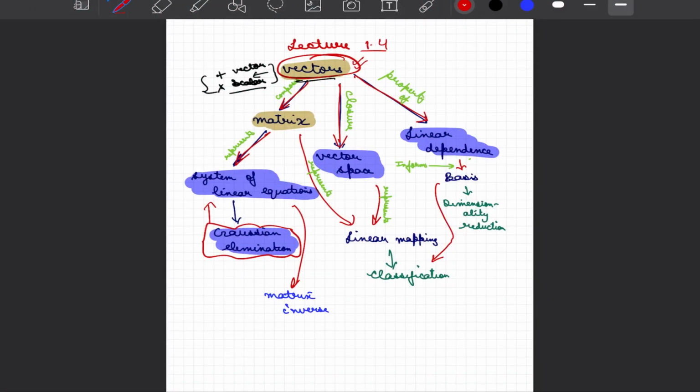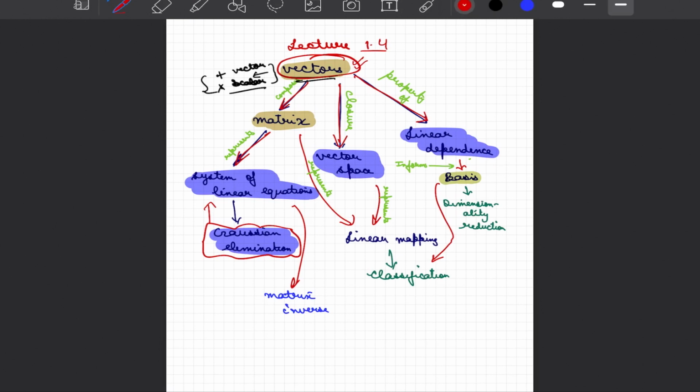Hello students, welcome to our lecture 4 on fundamentals of machine learning, where we are covering some aspects of linear algebra. So far we have looked into the definition of vector spaces and vector subspaces. We also looked into some specific examples of linear dependence, when we say that certain vectors are linearly dependent or non-dependent.